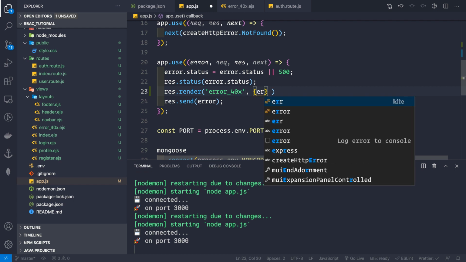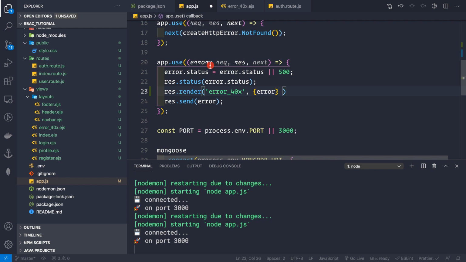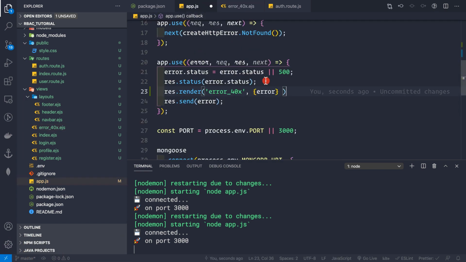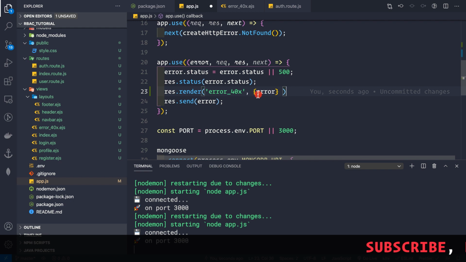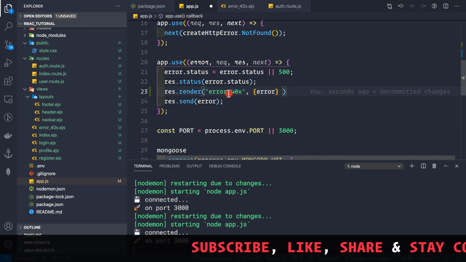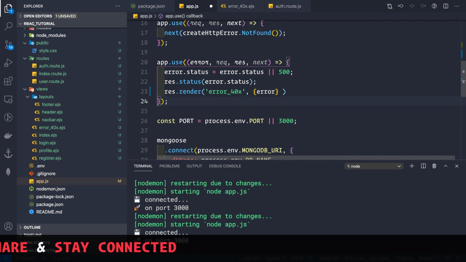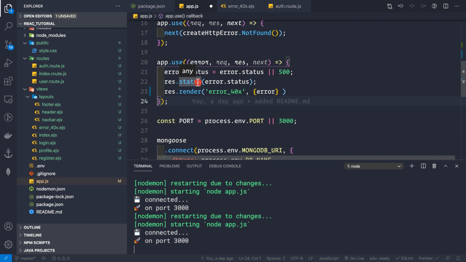And here we pass in the error object, because it contains the status and the message, which we require inside this error_40x template. Now we can remove this thing from here, and make sure that you keep the status, because that is for the browser, not for the UI.